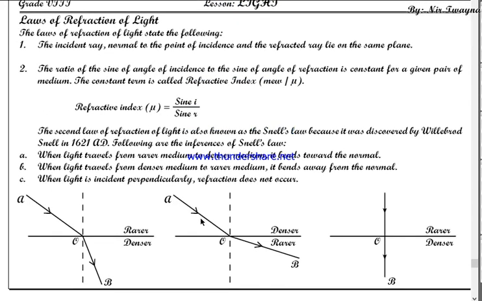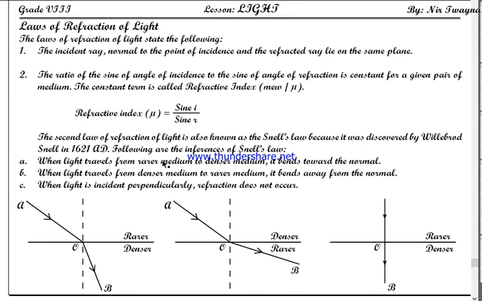Now come to laws of refraction. Yes, just like reflection of light, refraction also has laws. There are two statements. The first statement is the same as law of reflection. See, the incident ray, normal to the point of incidence and the refracted ray lie on the same plane. In case of law of reflection, here it should be reflected ray, otherwise everything is same. That means if you keep a paper to trace this incident ray, then in the same paper you can trace refracted ray and normal as well.